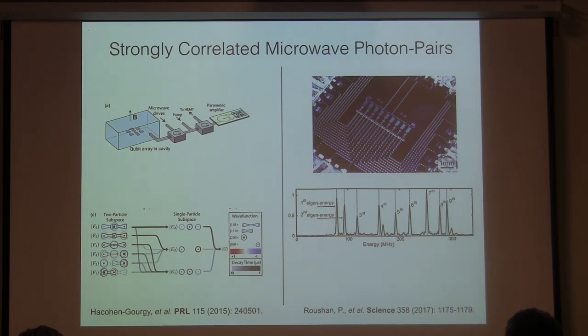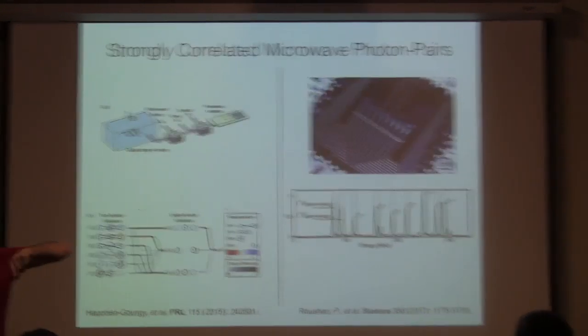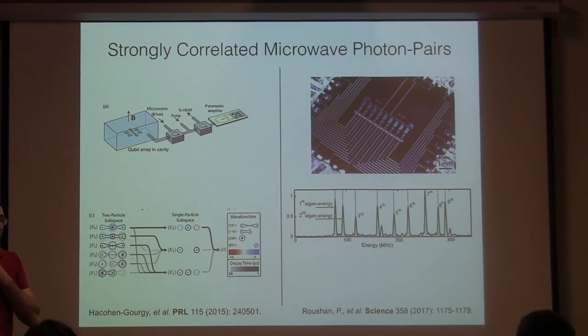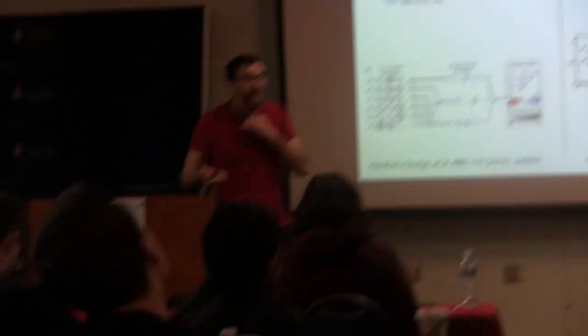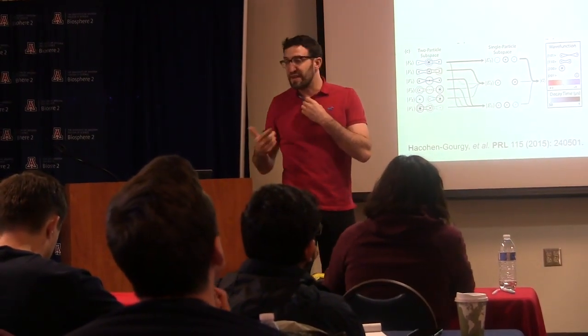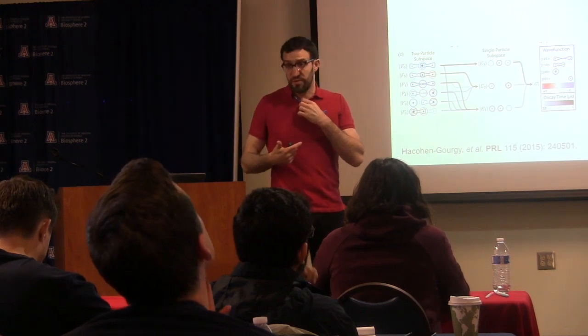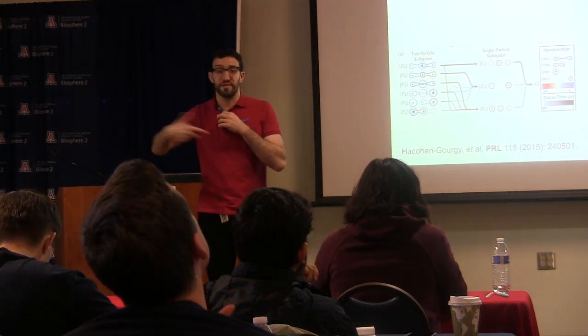People have started to study strongly correlated physics of pairs of particles in this kind of a system. So this is an experiment from Irfan Siddiqi's group, where they made a three-site chain with nearest neighbor hopping around a ring, and the way they generated that hopping was by just putting all 3 qubits in one cavity. And so the neat thing about doing that is now you can also use that cavity to take entropy out of your system. Okay, remember we said we need some kind of a cold reservoir.